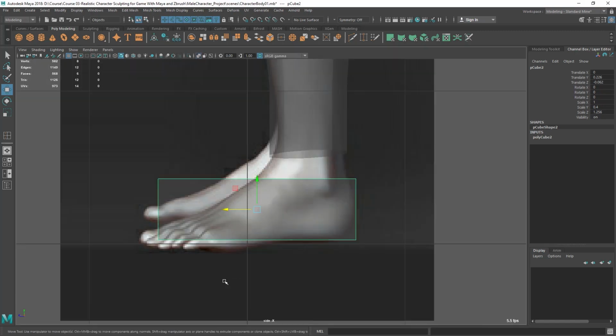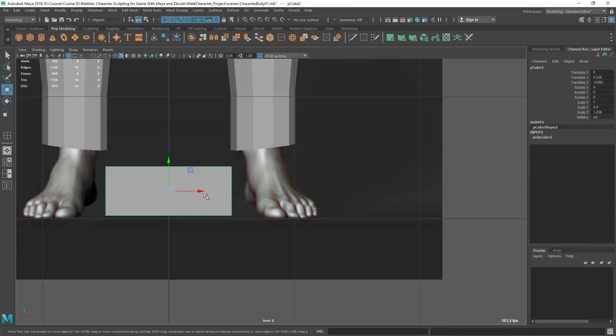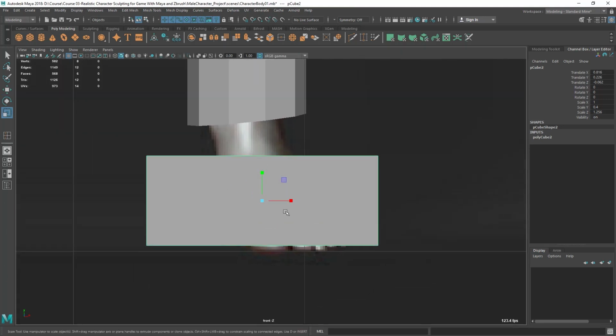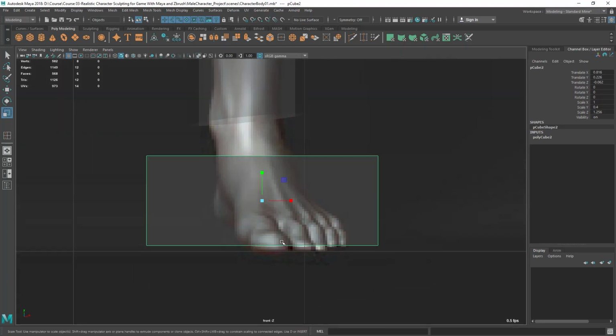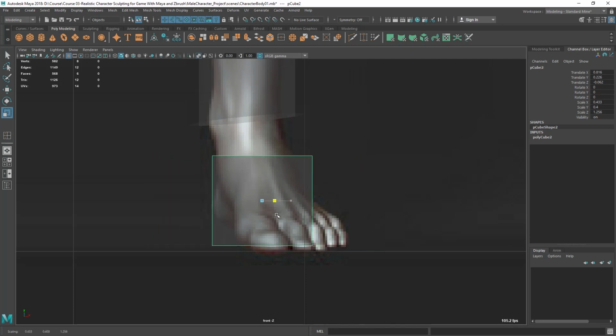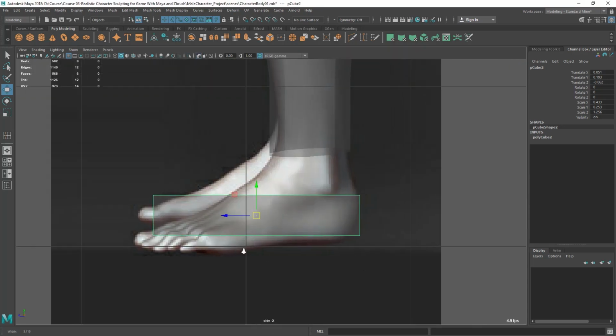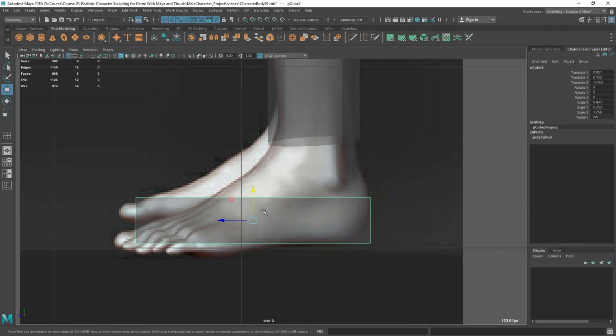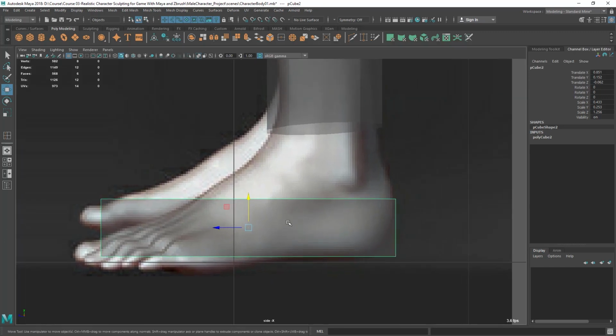So adjust it, then let's go to front view and position it. So we can turn on X-ray from here. So let's scale this like the feet width and just put it over like the front width and the side length here. Okay, and if you look at the feet, you can see this shape is almost cylindrical here,